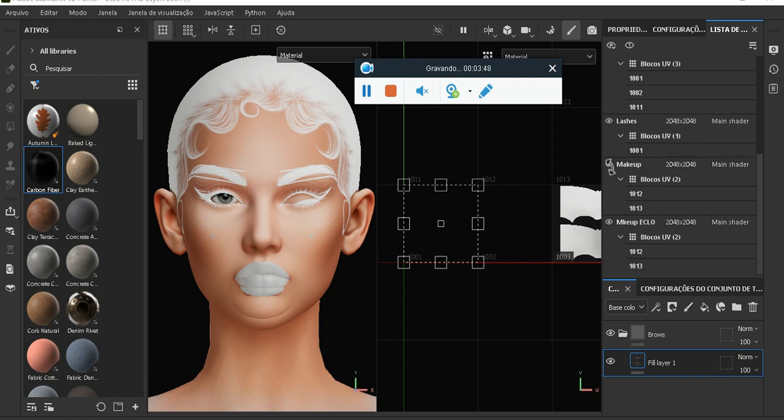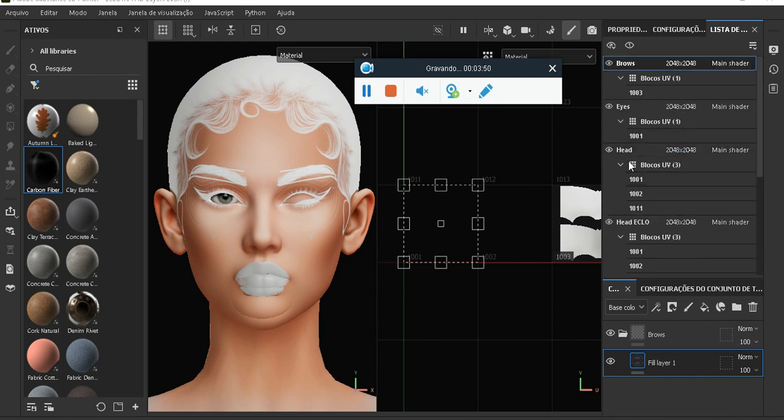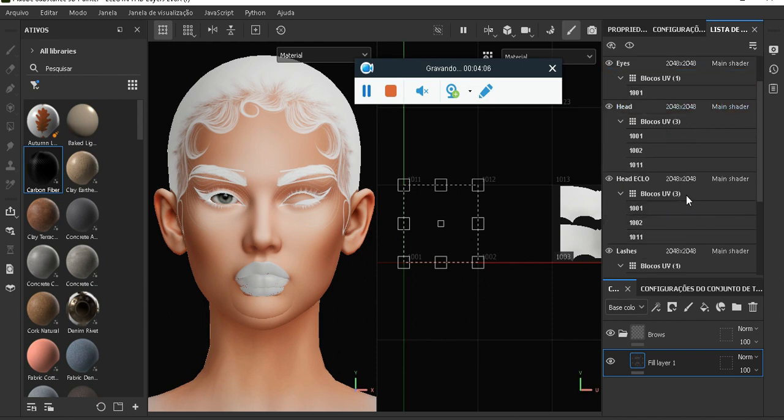For instance, here we're going to use only this mesh to work. You can leave the eyes if you need a guide for something, or to make texture for the eyes, but as in the PSD file, we're going to turn off